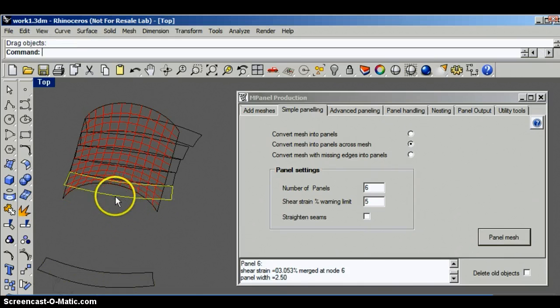Of course we have more panels, but by having more panels we have more seams, and that allows most of the shaping of the structure to be made inside of the seams rather than